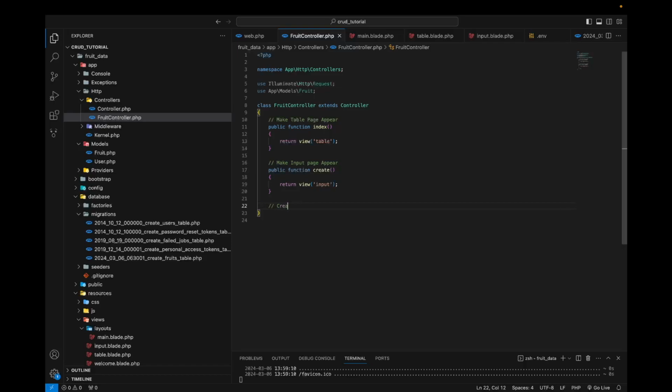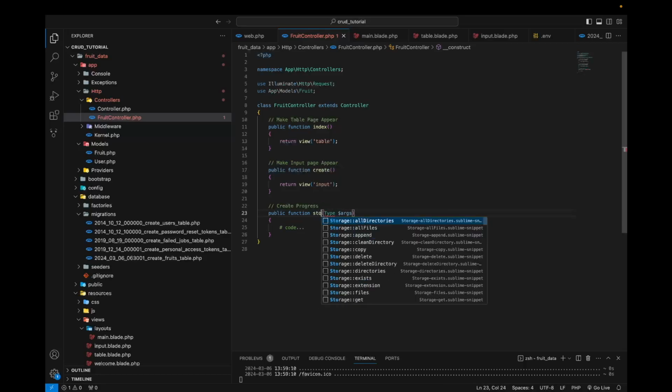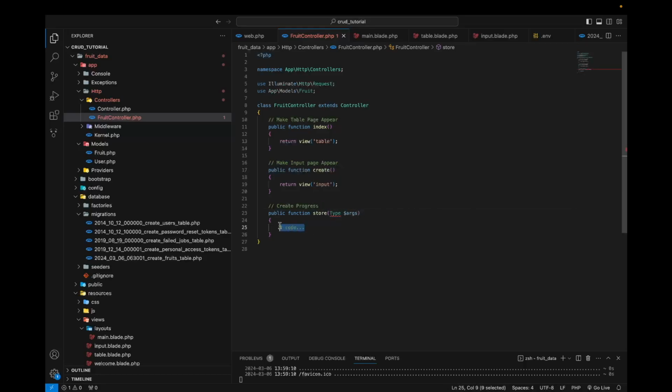Okay guys, the next step is you can type dd. After that, okay, make a new function and make the function called store,